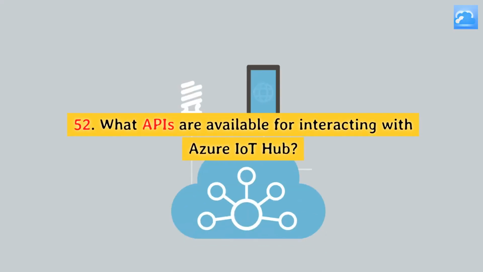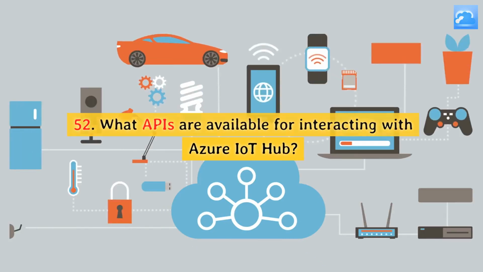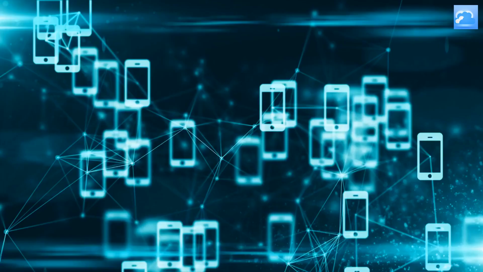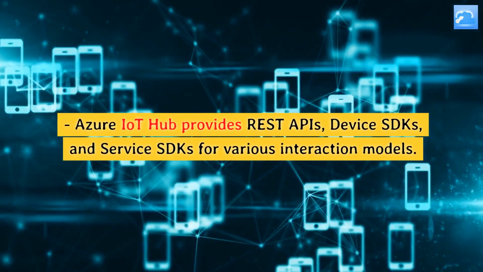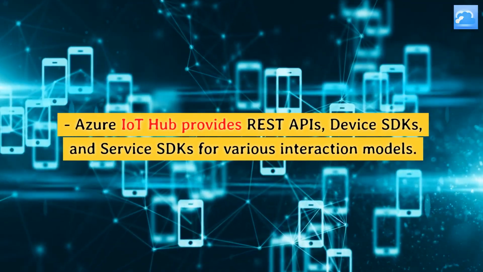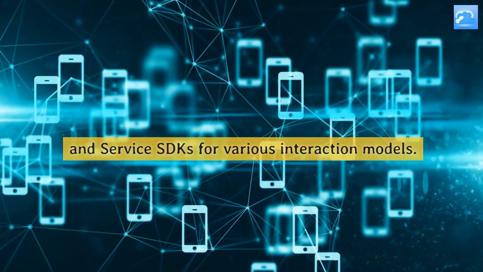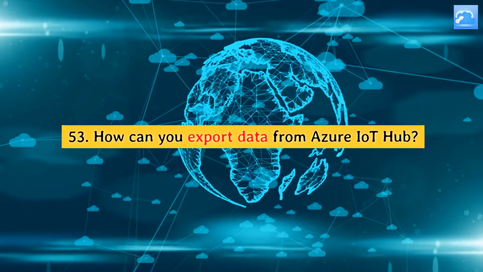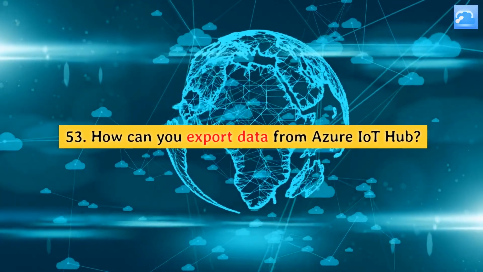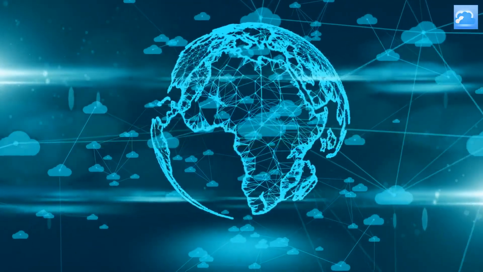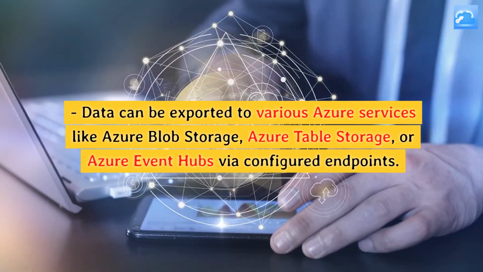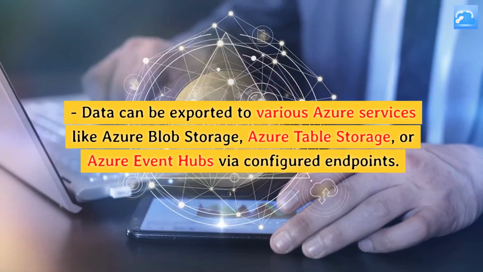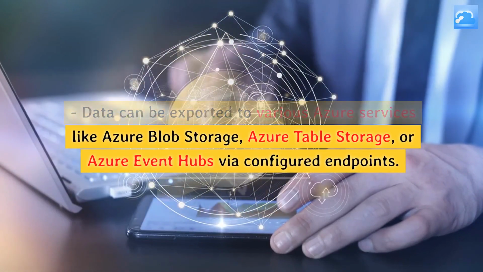52. What APIs are available for interacting with Azure IoT Hub? Azure IoT Hub provides REST APIs, device SDKs, and service SDKs for various interaction models. 53. How can you export data from Azure IoT Hub? Data can be exported to various Azure services like Azure Blob Storage, Azure Table Storage, or Azure Event Hubs via